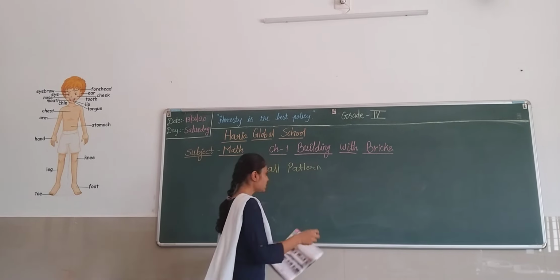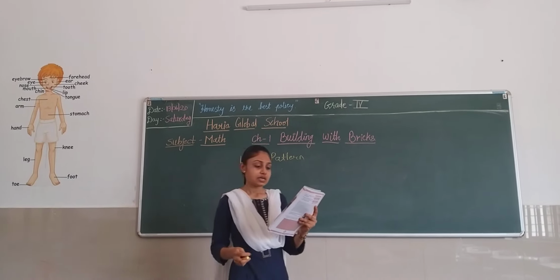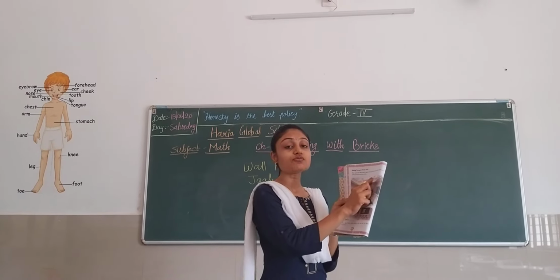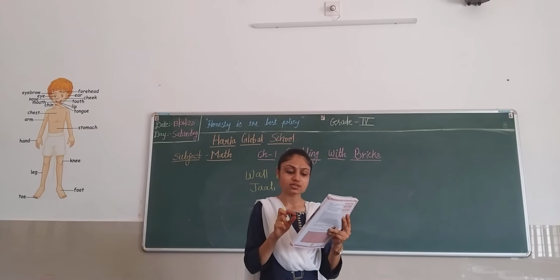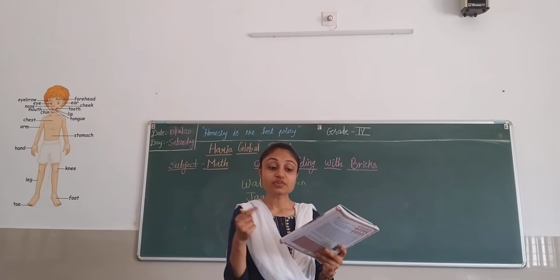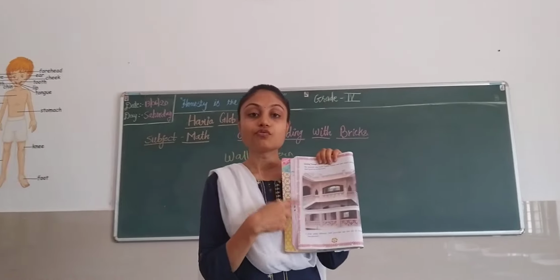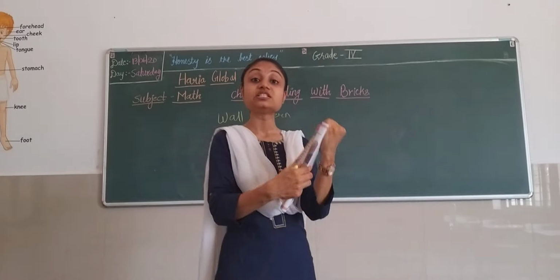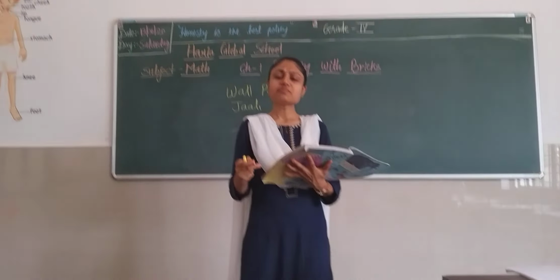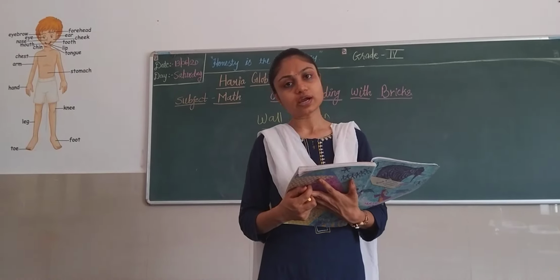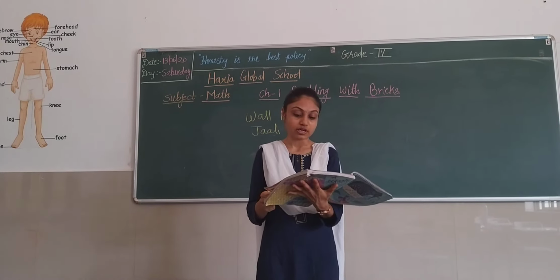The next topic given here is jhali. What is jhali? You can see that in the wall of this school, there are small boxes given. Different patterns are given in the wall. So this is called the jhalis. There are many different patterns of jhalis you can draw, and I have also given you one question for that.